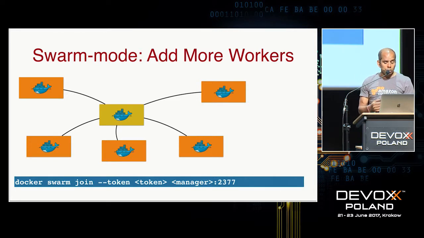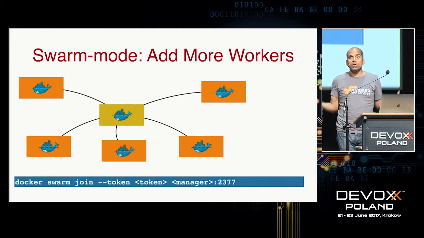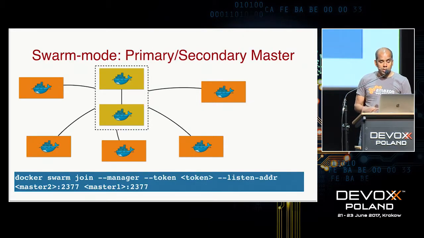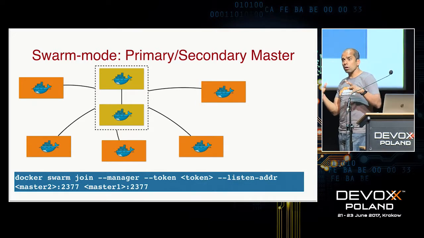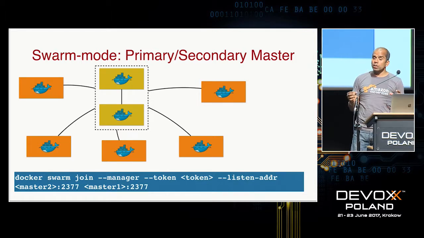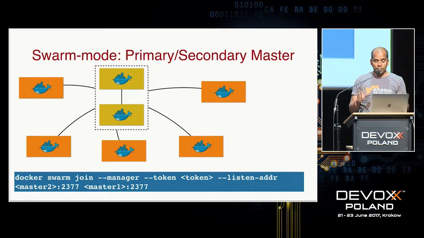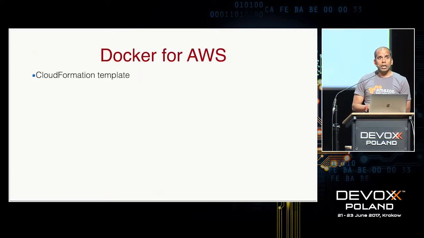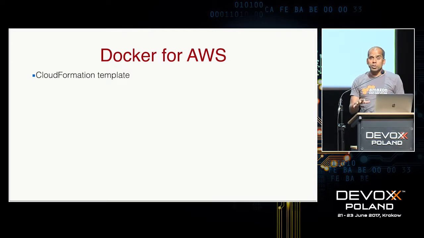Now, you need to specify the token. Depending upon the kind of token that you specify, whether it's a worker token or a manager token, you could join the node to the cluster. So essentially, if you want, you can have a multi-master Docker cluster with multiple worker nodes around it. And this gives you the ability to set up your cluster very easily for your local development. Now that's good for local development, because all of that development is happening on your local machine,